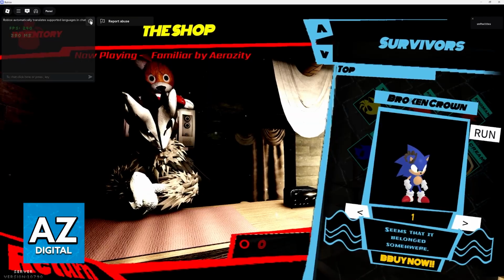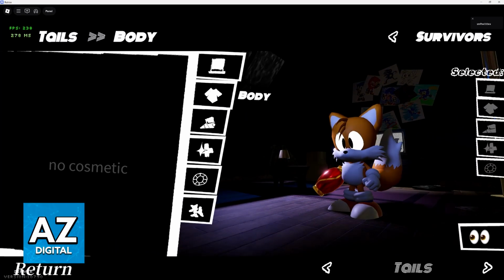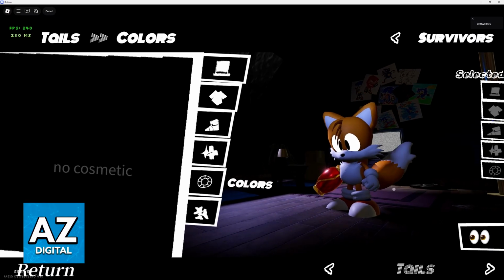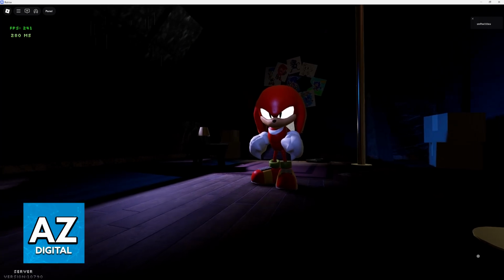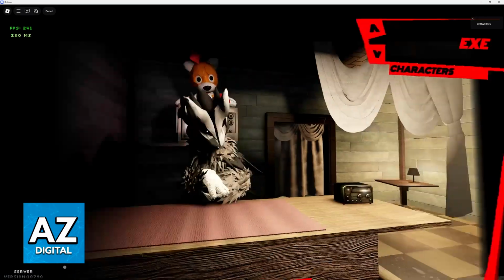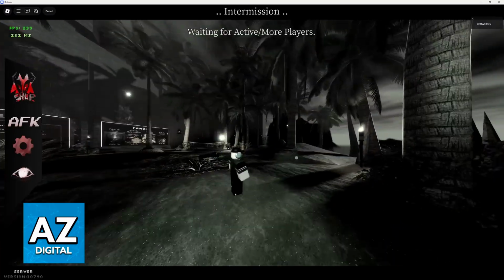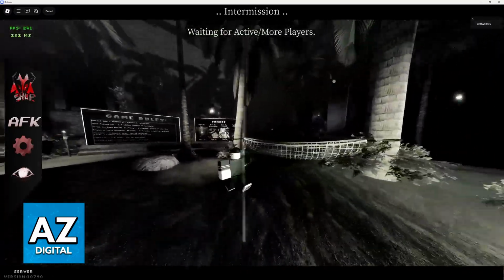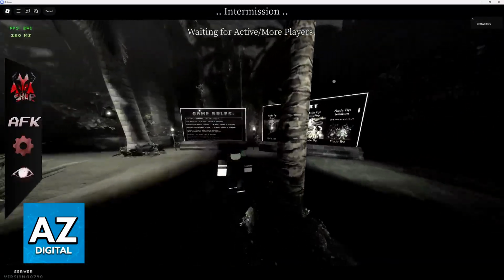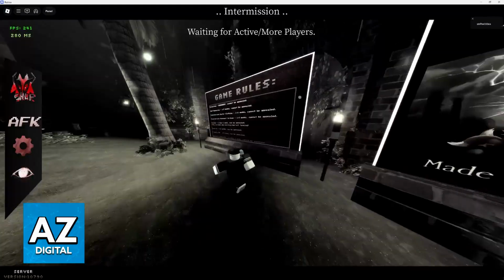You will have your inventory at the top left, where you can change the accessories and the items that you have equipped. You can see them here. And once you are done, you just return, and you will be able to play. And when enough players join, one of you will be assigned as the EXE and the others as survivors, and their objective is to survive until the end of the round.